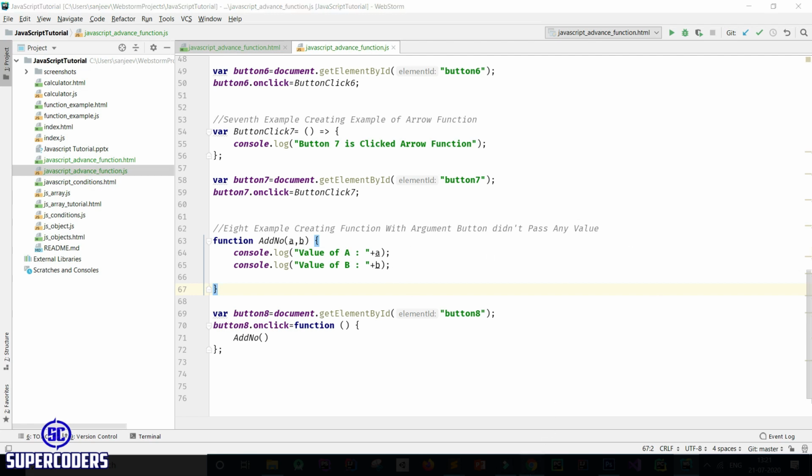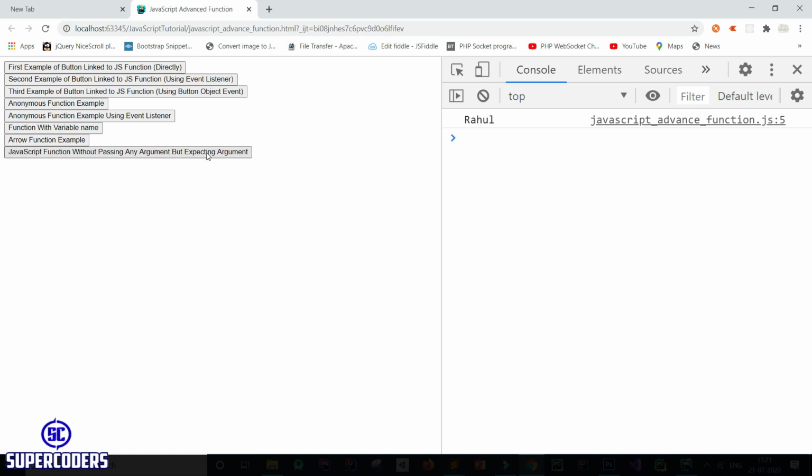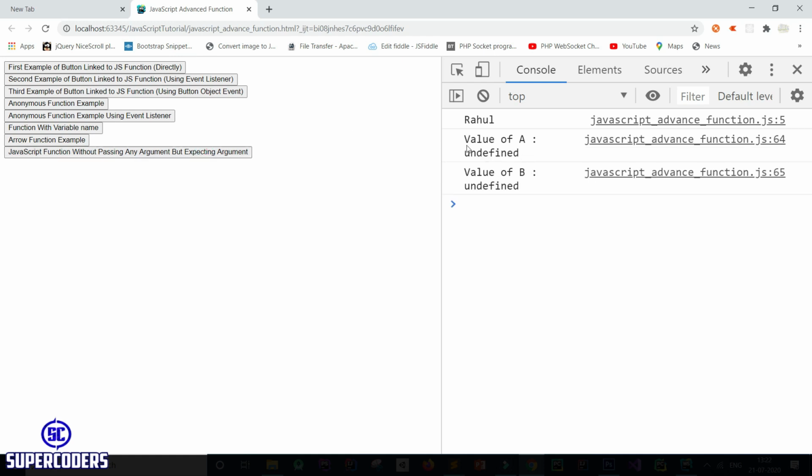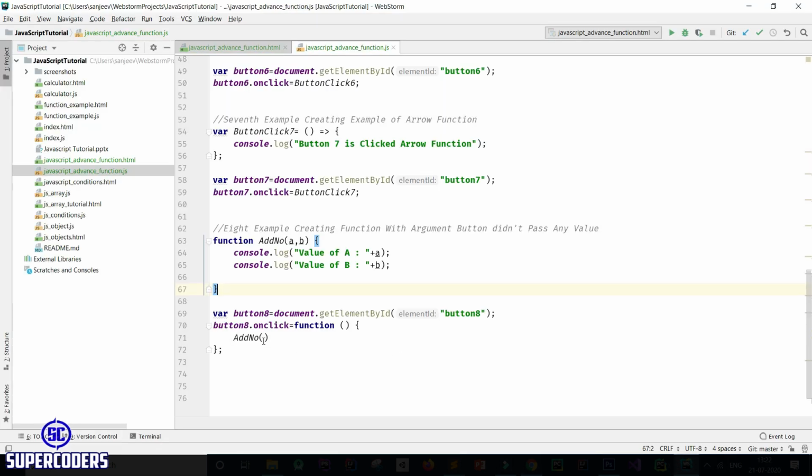So come back in Chrome, load the page, click on button, and you can see it's showing undefined, but I call the method without any parameter. So in other programming languages it shows an error, like unexpected argument, required 2 arguments but didn't pass any argument. But JavaScript does not show any error and it directly calls the method. So this is an example of calling a method without any value.